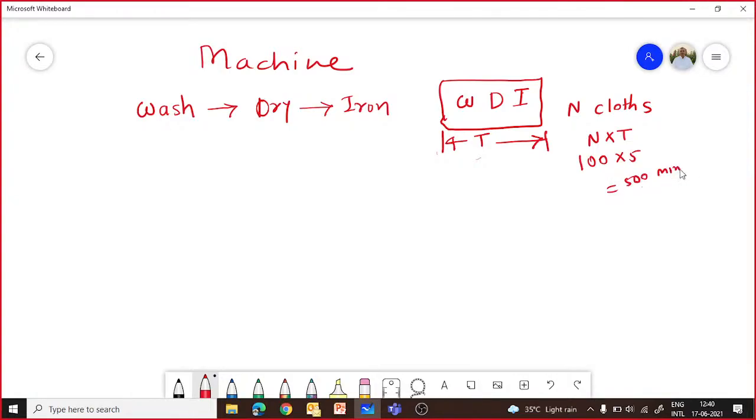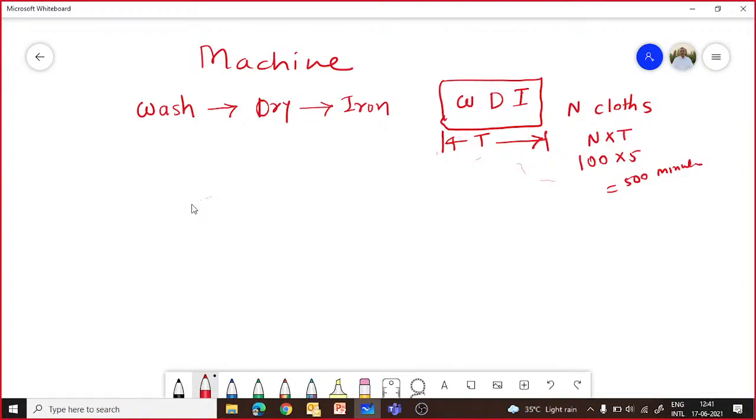So let's say you have prepared one machine like that. Of course, it's not possible to wash, dry and iron one cloth in 5 minutes, but just for example I am taking it. Otherwise normally it requires 1 hour. Okay. So this is actually without pipelining.